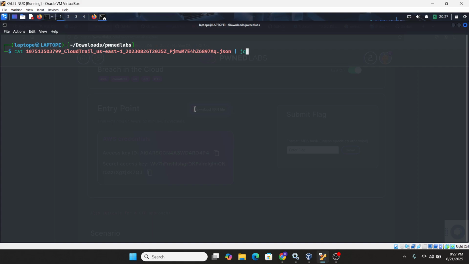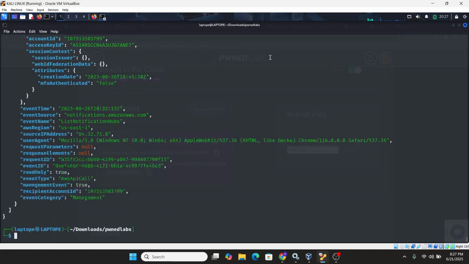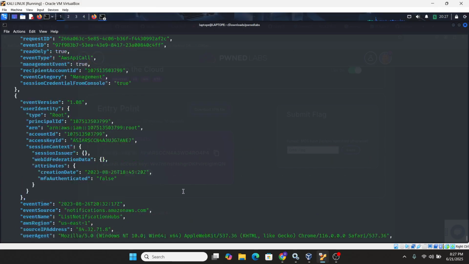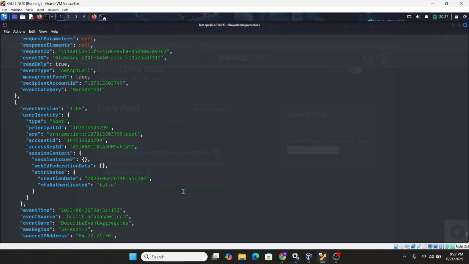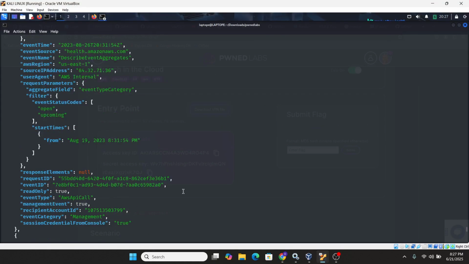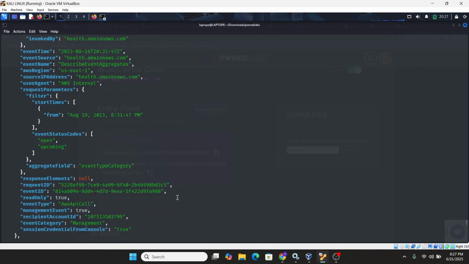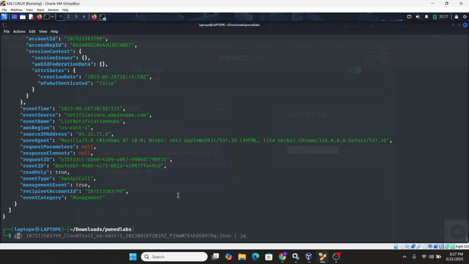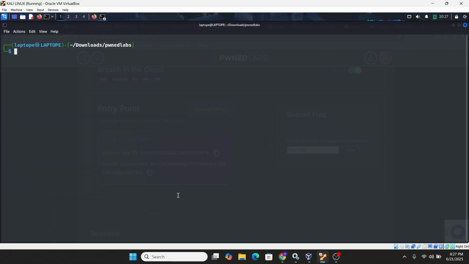this log now. You can see what we are trying to say: cat means concatenate, that is, print out everything in this log file and pipe it to JQ, that is, forward it to JQ. So JQ will format it. You can see now we have printed it out in a well readable format. You can see now that it's readable. So we can always go through it like that.